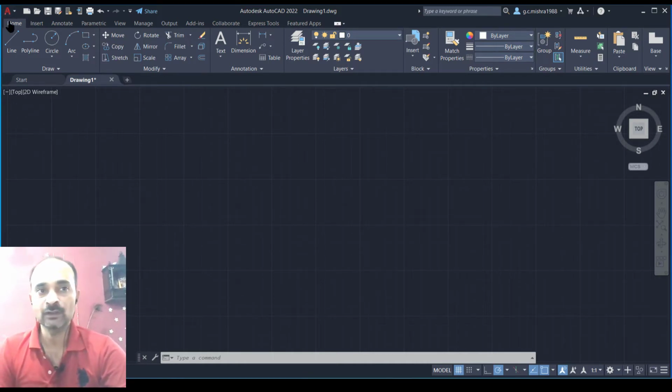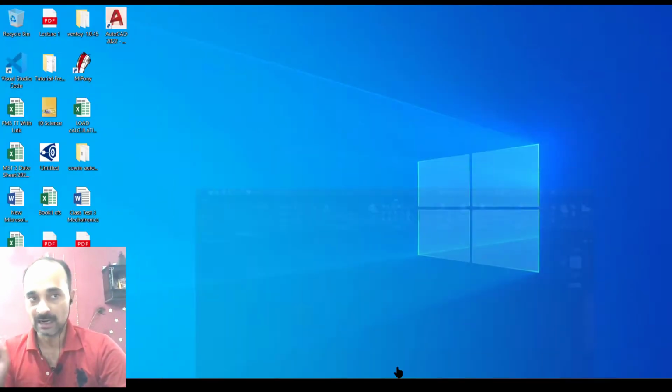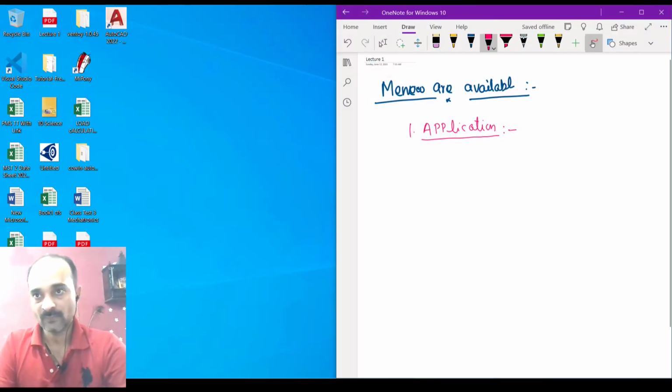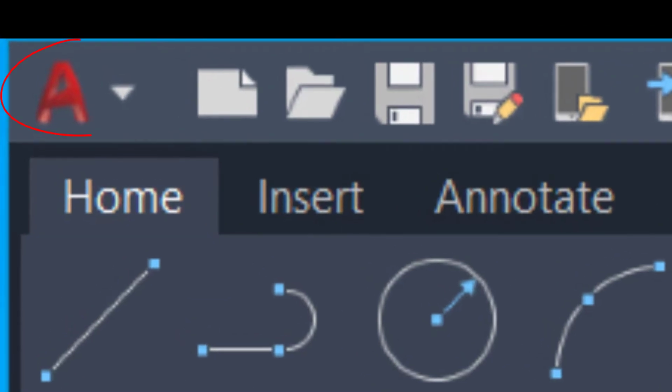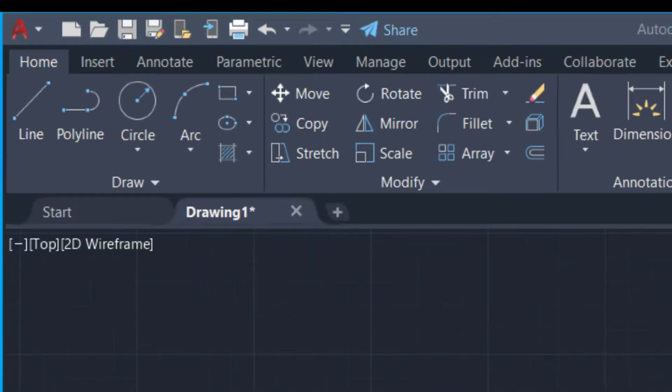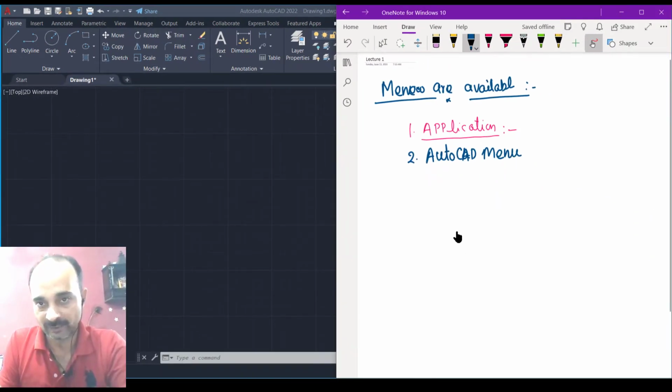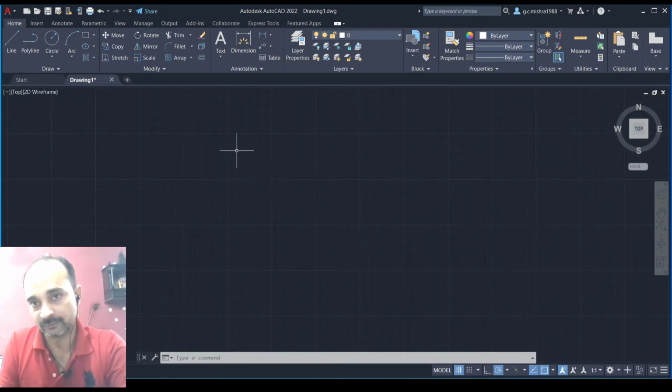It means it has full control over your application. At the top left corner you have the AutoCAD icon, a red A button, that is called the AutoCAD menu.